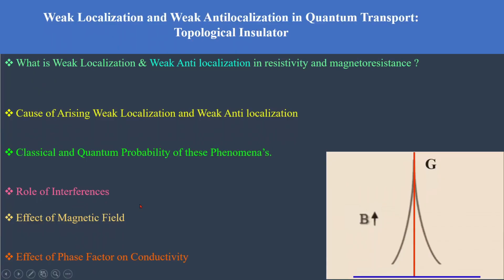The role of interference, either destructive or constructive. The effect of the magnetic field, how the magnetic field perturbs the properties and breaks the weak localization and antilocalization. The effect of phase factor on conductivity,